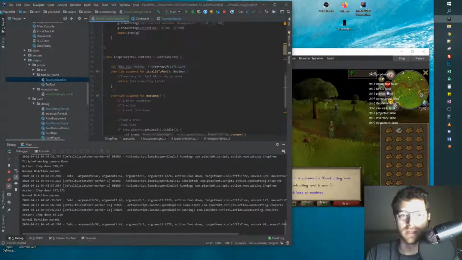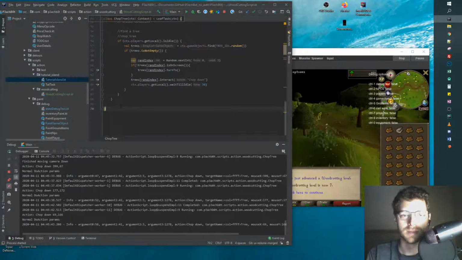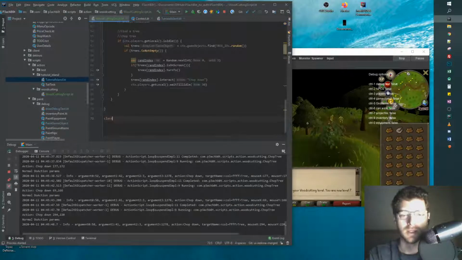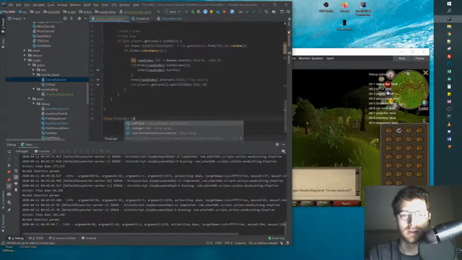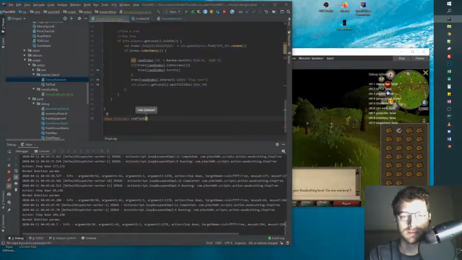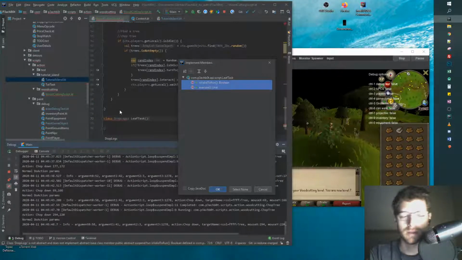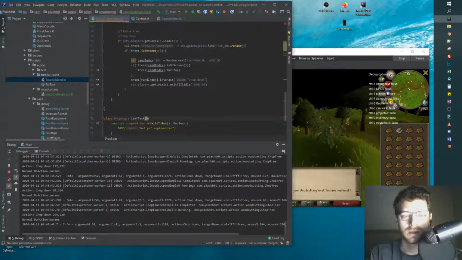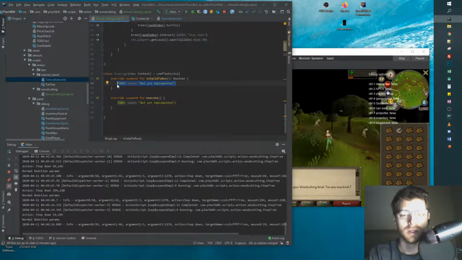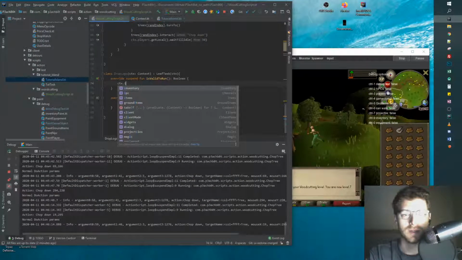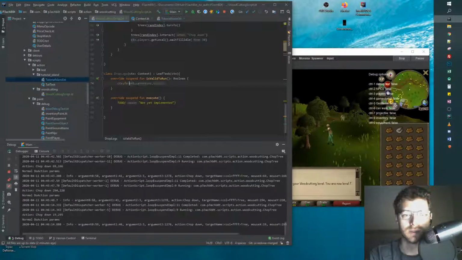Probably want to add a new class for the drop logs. Class drop logs is a leaf task. My numbers, and we'll add construction parameter. And this will be ctx.inventory is full. This is return. And we'll just have